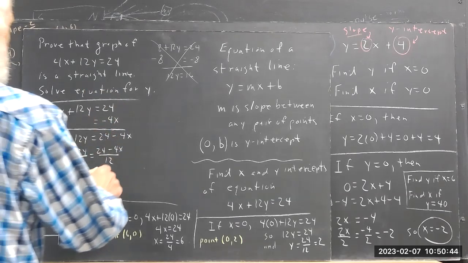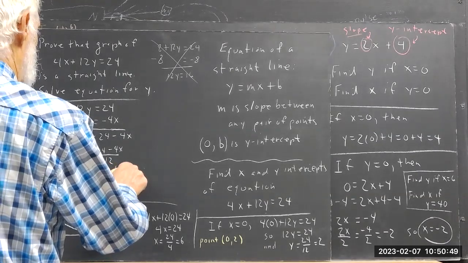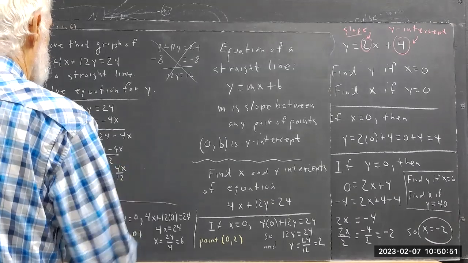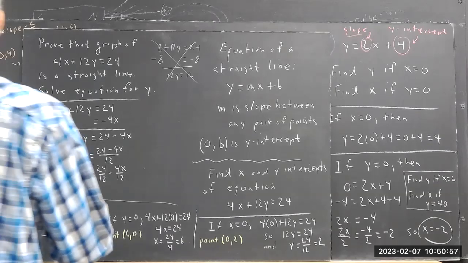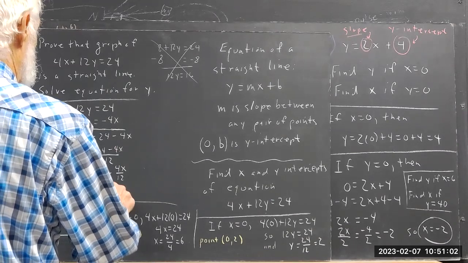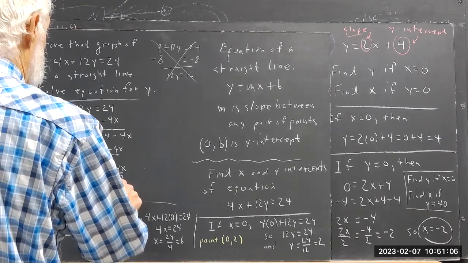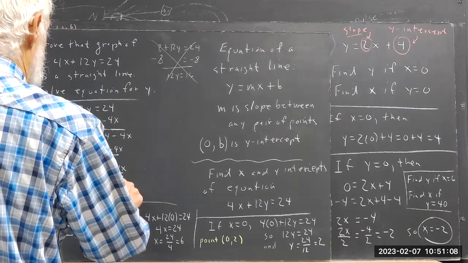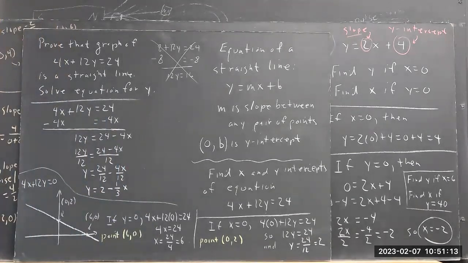So we could write that as 24 over 12 minus 4x over 12. Okay. And then we're going to get 2 minus, 4 over 12 is 1/3, right? I'm going to write it this way. Okay. So now tell me,